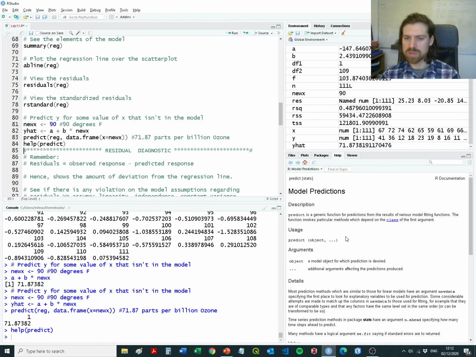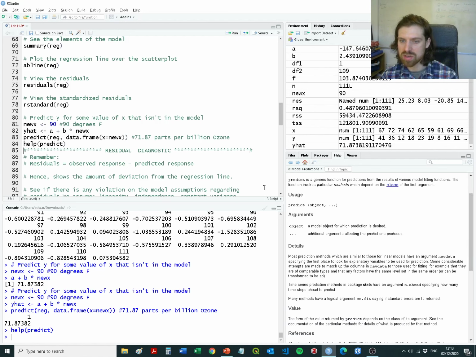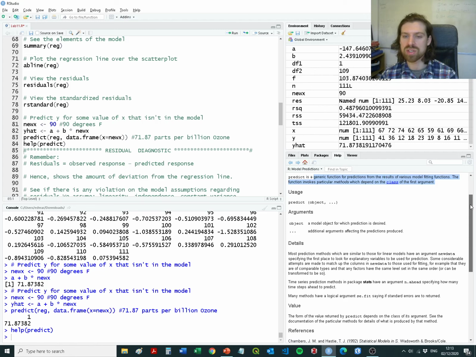I think one of the benefits maybe of using predict is that it might be easier to provide it with a longer list of values. So it's a generic function for prediction from the results of various model fitting functions. The function invokes particular methods which depend on the class of the first argument. Okay,